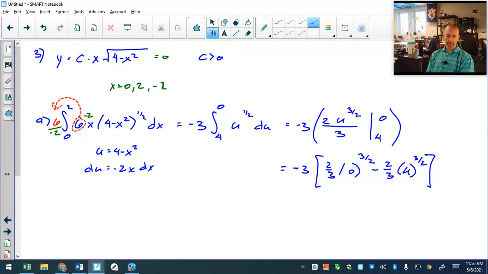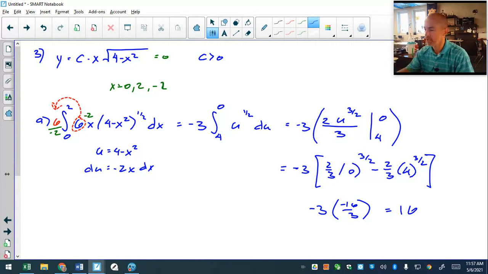I would stop there. If I were taking the AP exam, I would stop there. However, I am going to clean this up anyway. 4 to the 3/2 is 8, so that's going to be negative 16/3, and we get an overall area of 16, unless I just did my mental math incorrectly there. So there's part A. Now, for part B, they are giving you the derivative, which is ugly,